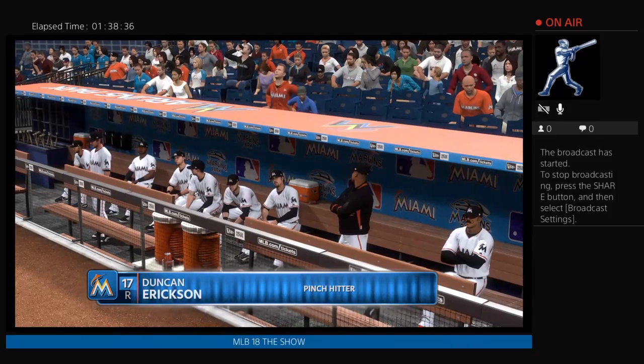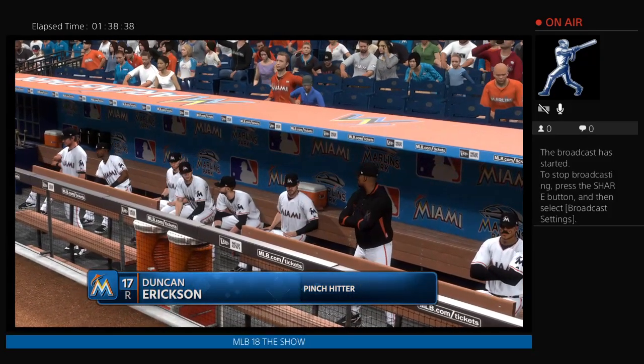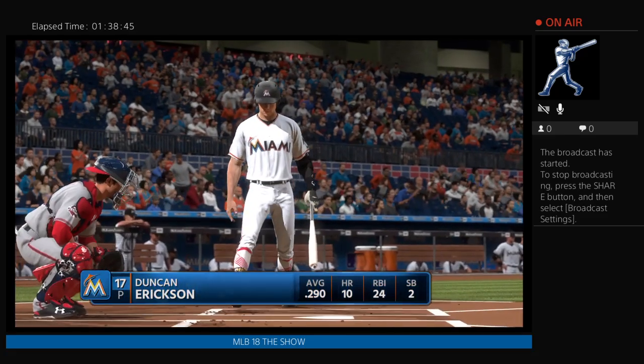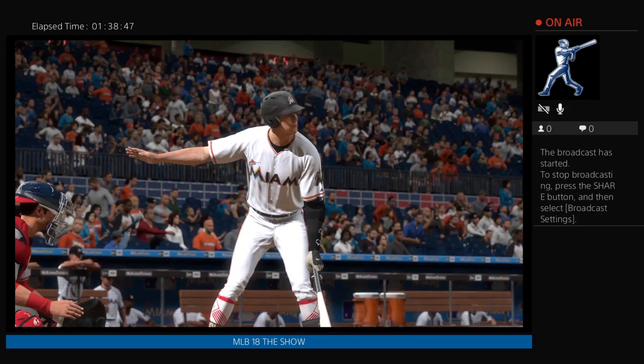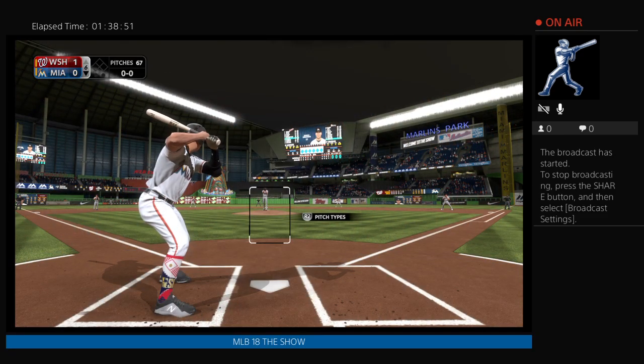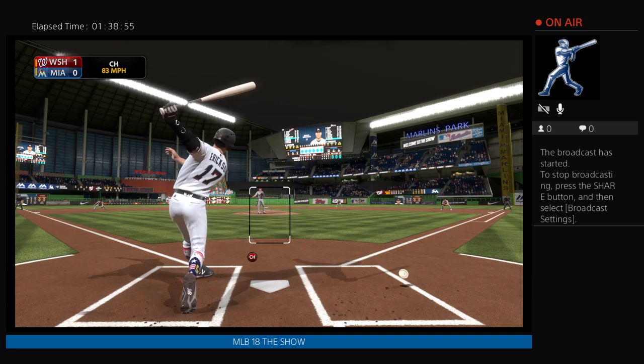And we'll welcome you into our ball game as we find ourselves with the bases empty and nobody out in the inning. Ready now for the Marlins, Duncan Erickson is getting his first plate appearance of the game here in the 6th. First delivery to him on the way. Took a